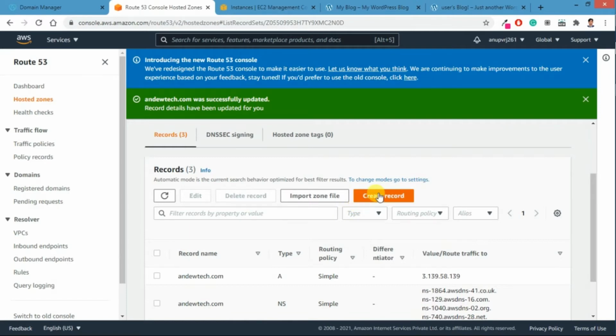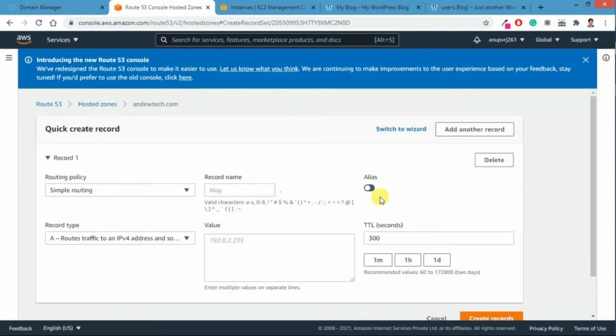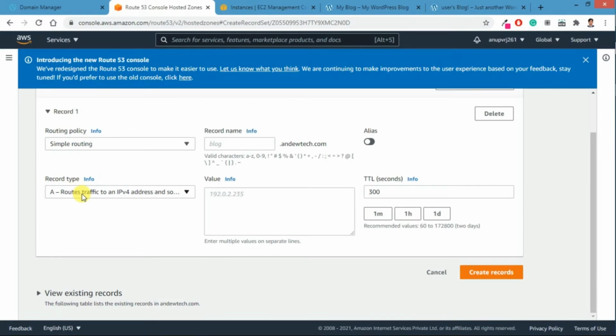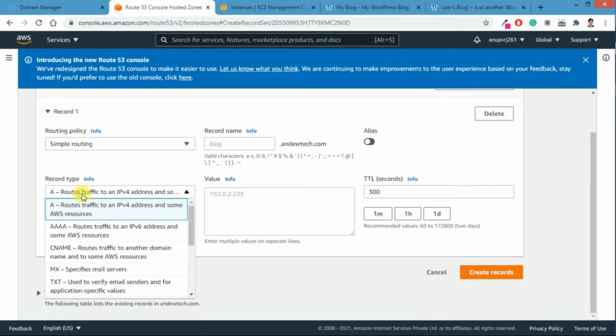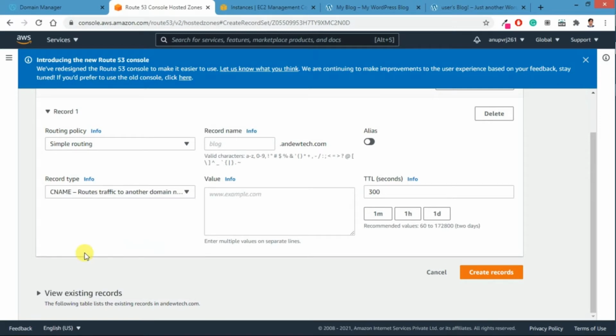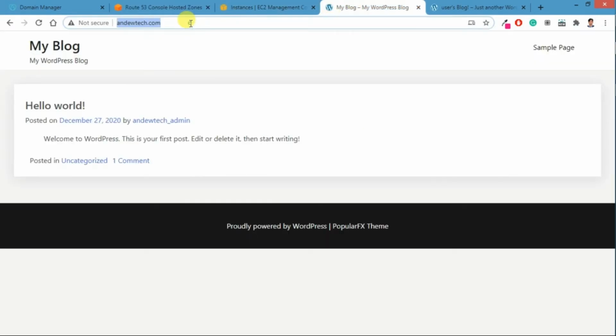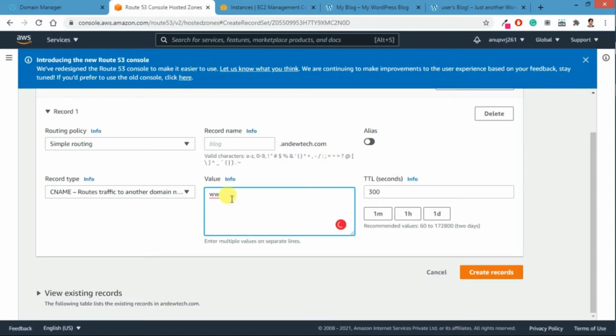Another record is the CNAME record. So click on Create record, and here the record type was already selected as A record in the last case, so we didn't touch it. But this time we have to find the CNAME. So here is the CNAME record, and in this we are going to enter our website name, www, and then the actual domain name which I want to point to. Okay, I will remove this HTTP and all, and I'll simply put www.andyoutube.com, and I'll remove this also, and then finally I'll create the record.